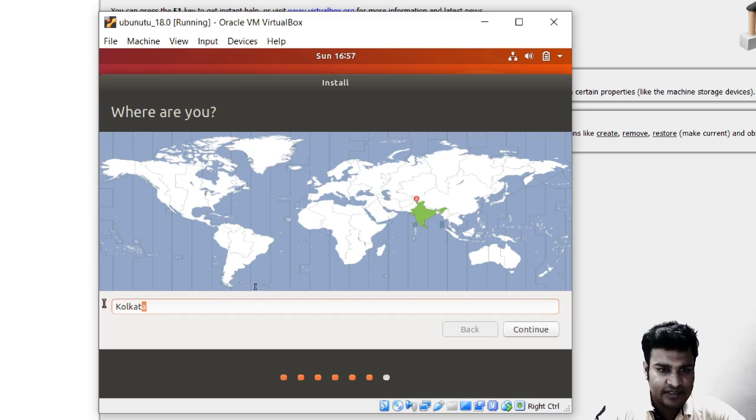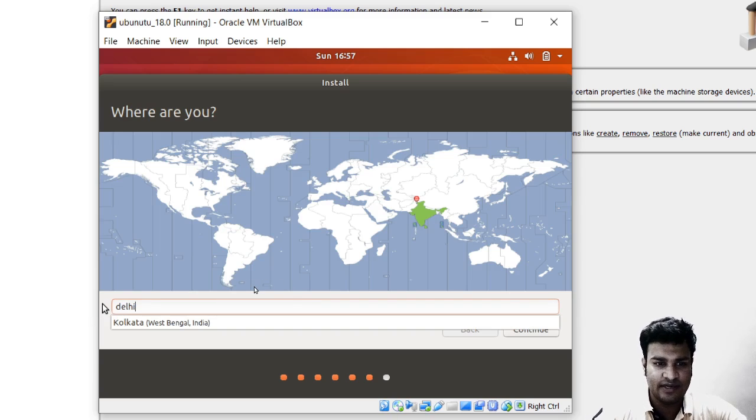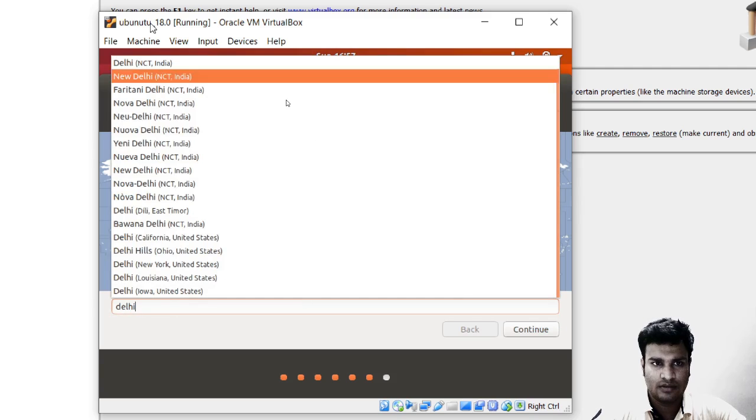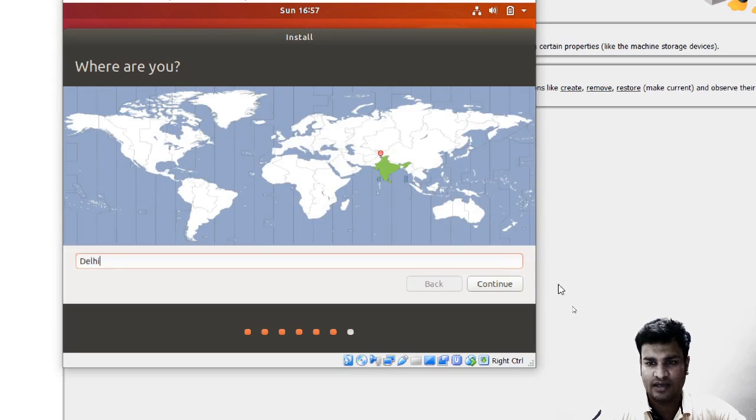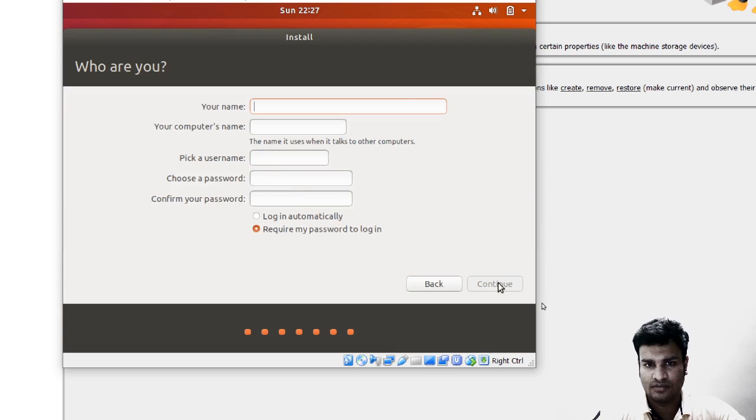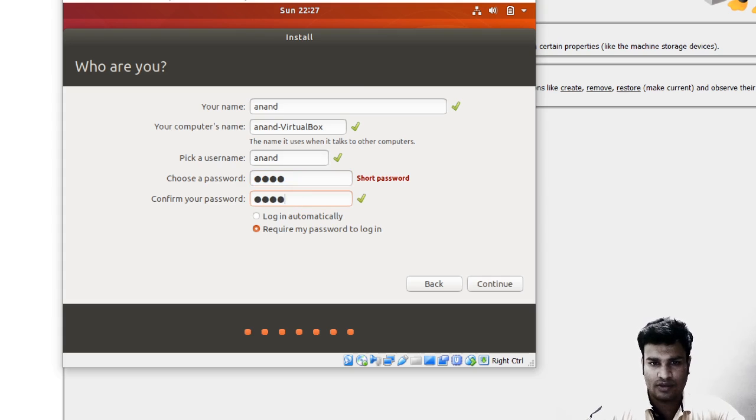My place is Delhi. Let me change this to Delhi, NCT India, and then click on continue. So this is Anand, and I will choose my password to be root, and I want to log in automatically every time, and click on continue.